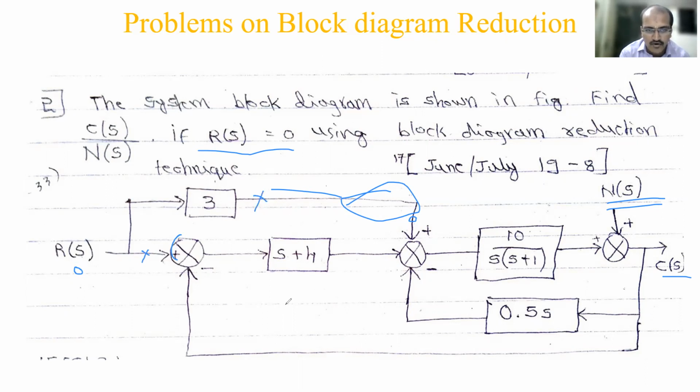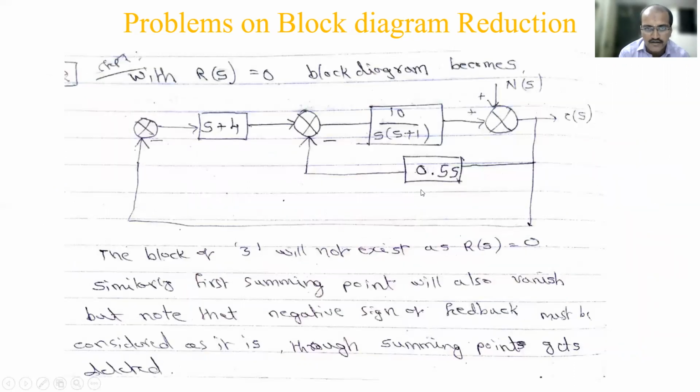How to remove the summing point? You have to be careful about the sign. We have done this in one of the problems. So -1 you have to multiply with this S plus 4. First step we'll show this summing point, then we'll remove that. We'll explain and remove. Previously I had not told you, I had not given it in a sentence. Now I am giving that.